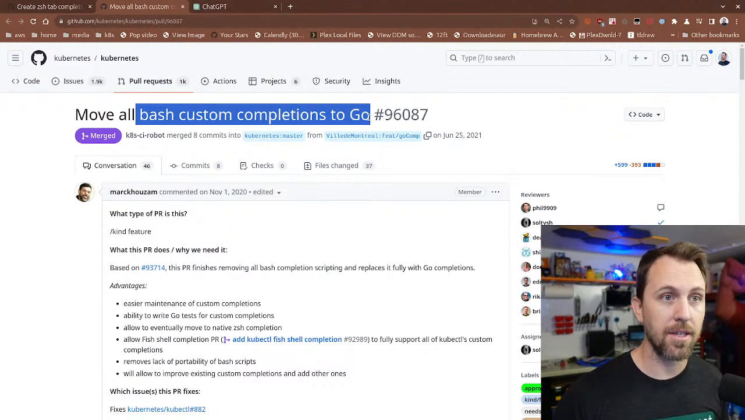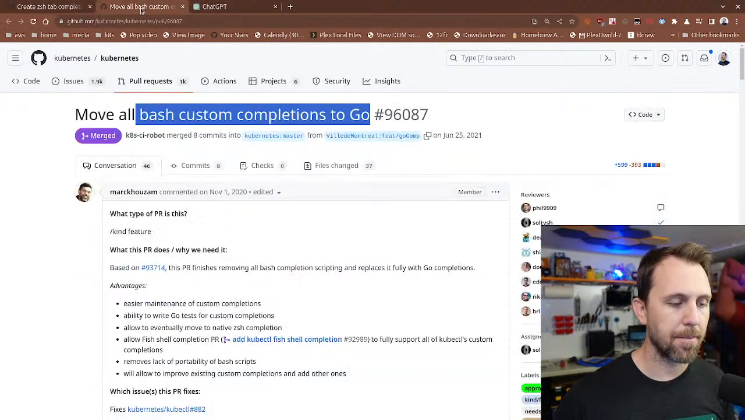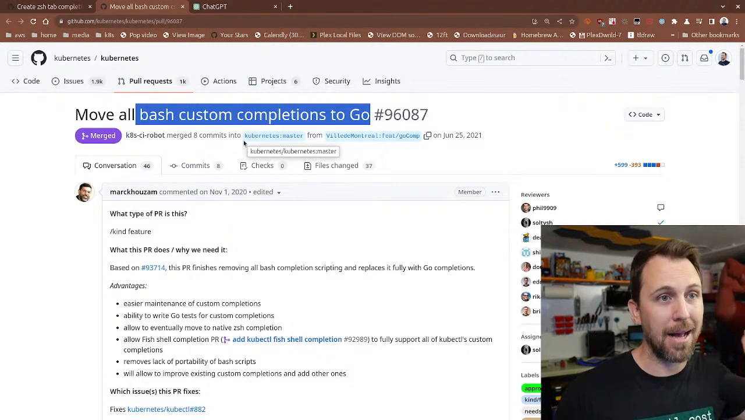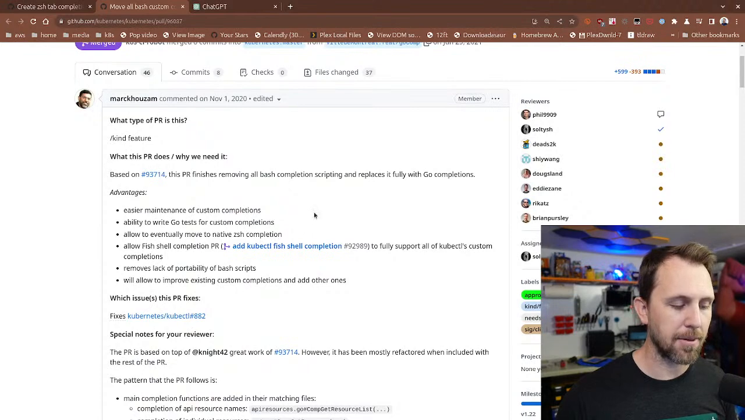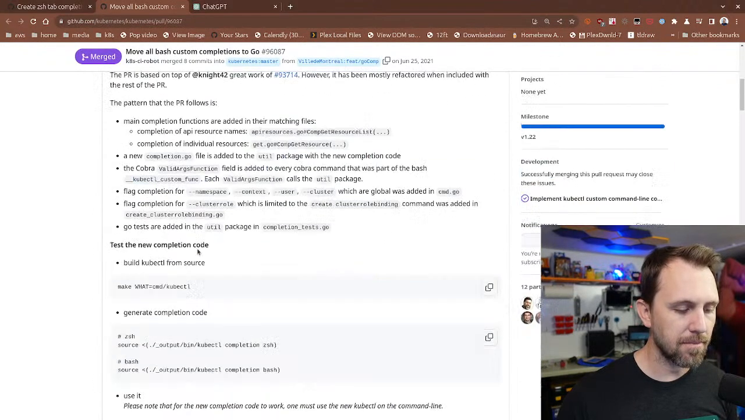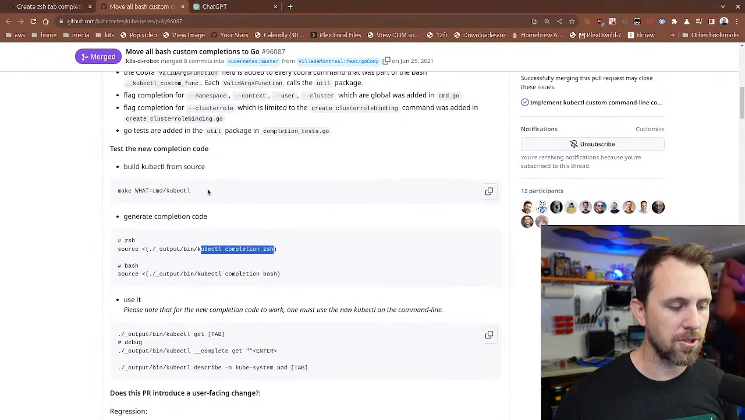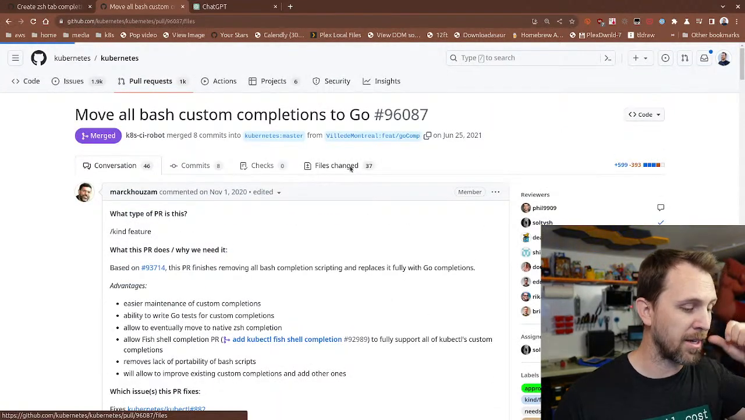It was using bash completion, and so this moved all bash custom completions to Go, and so this made it all native. And so now I didn't have a bash compatibility layer, because there was this whole thing I couldn't do: when it would export a ZSH completion, it would say, oh, by the way, this is all bash actually, and ZSH would work in bash mode, and I couldn't override a bunch of stuff that I wanted to do. And so this moved all of our ZSH completion over to native code. And so if we go look at some of those, they changed 37 files,